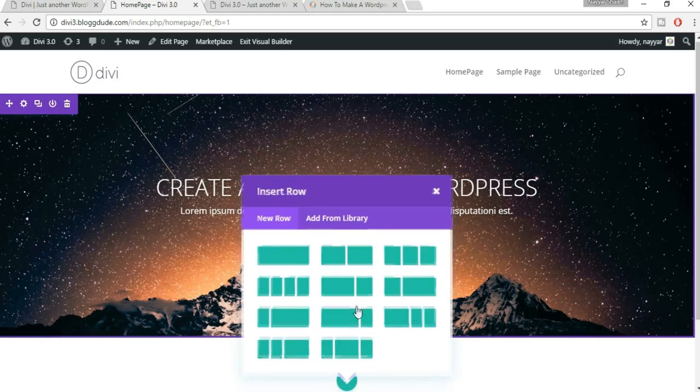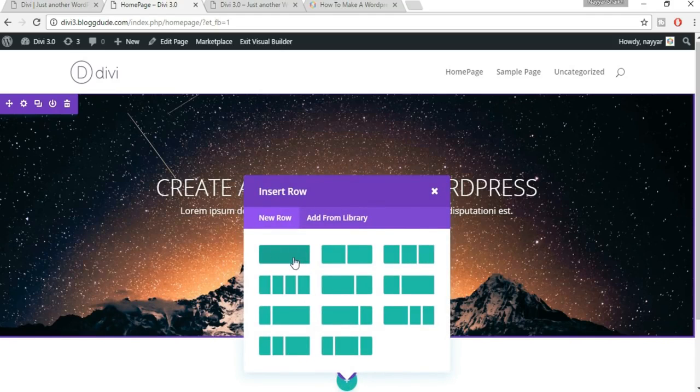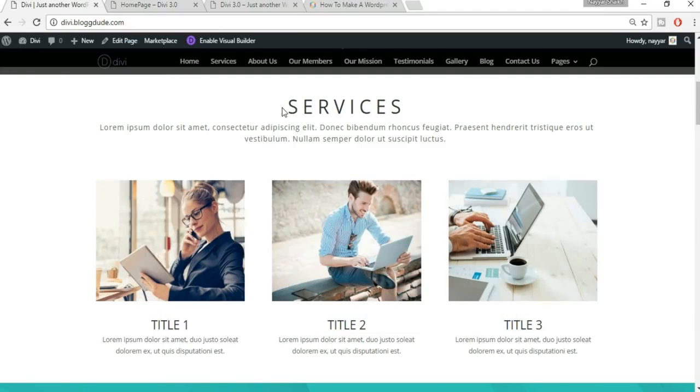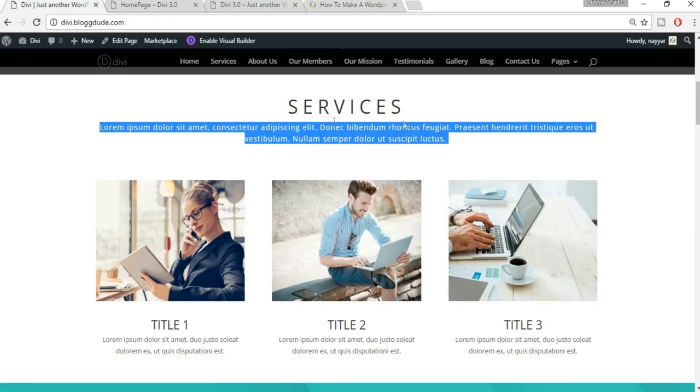Now click on one row, because now we have to add the heading and the subheading. So basically it's just a single row, and when we add the images we'll use 3 rows. For now we'll use only 1 row. First let's copy this because we'll need this. Now select the 1 row option,